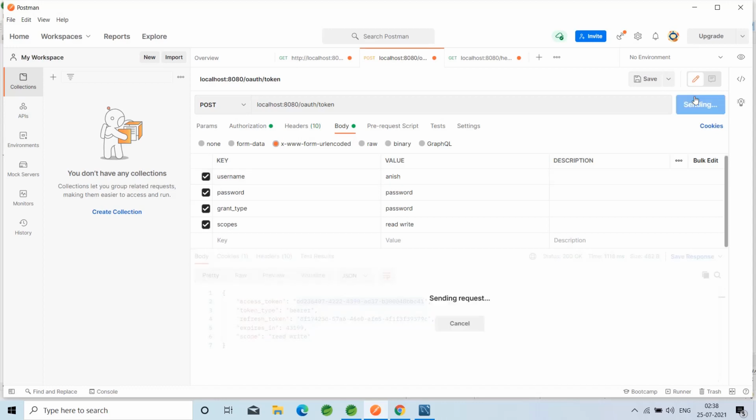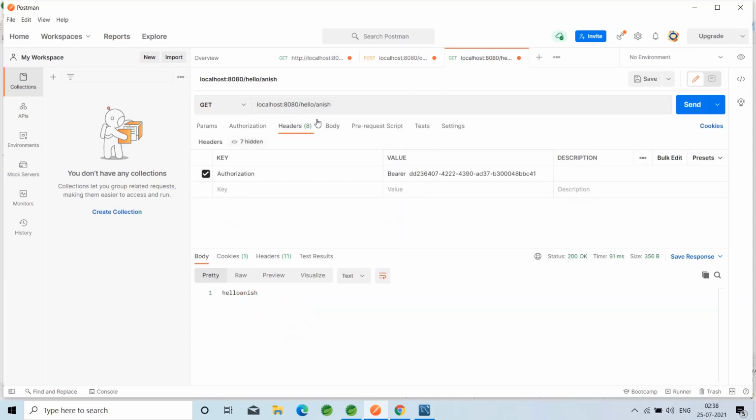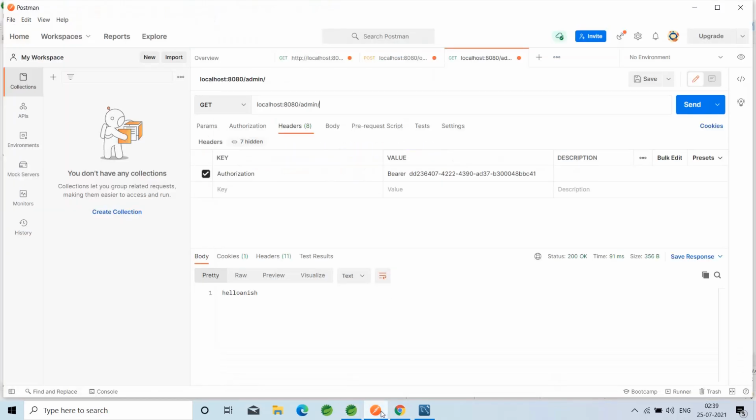In order to access the admin, /admin/name/ram. I'm taking this as ram. Copy the token here. Hello ram. We are accessing the admin role also.